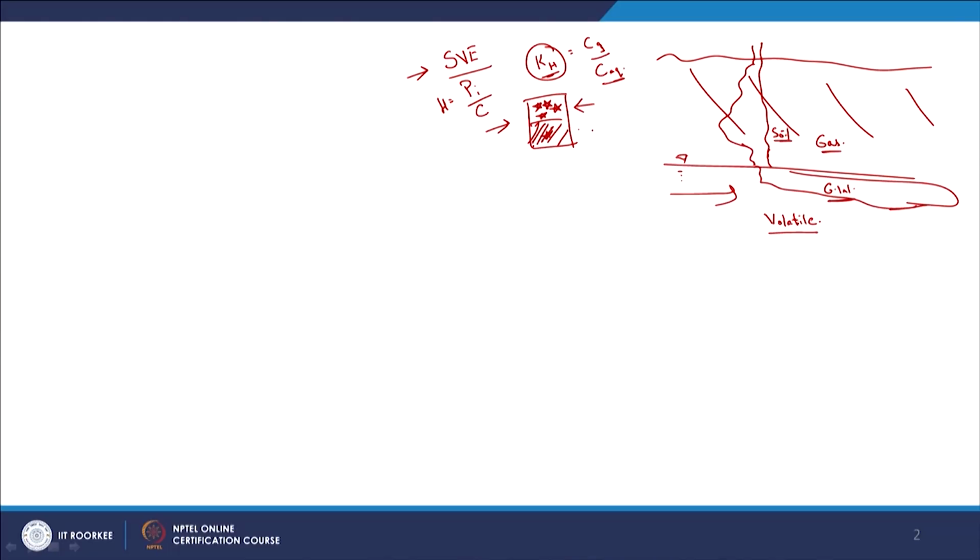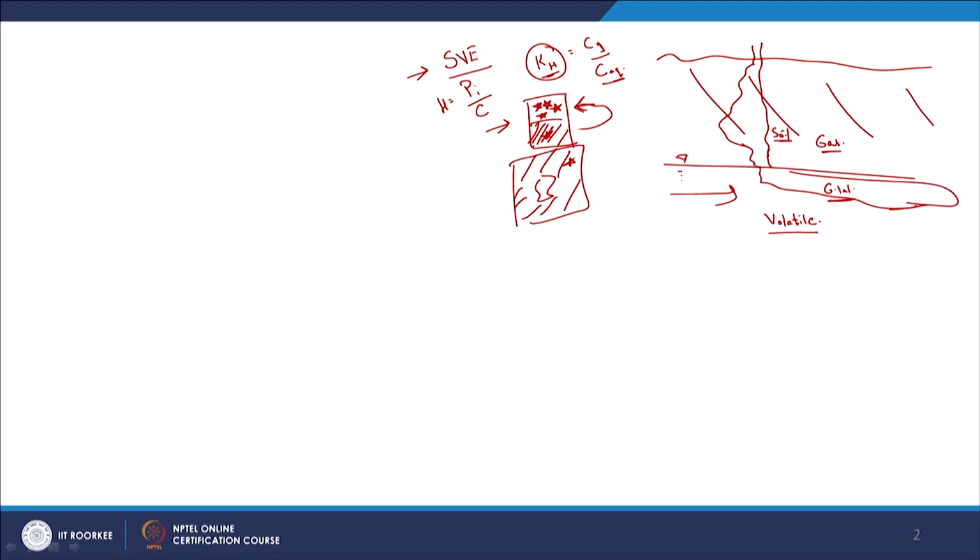So simultaneously, if I remove this contaminated gaseous phase, what is going to happen? The contaminant is going to change phase from the aqueous phase into the gaseous phase, right. Again, we know that you also have soil and you have water in contact with that particular soil.